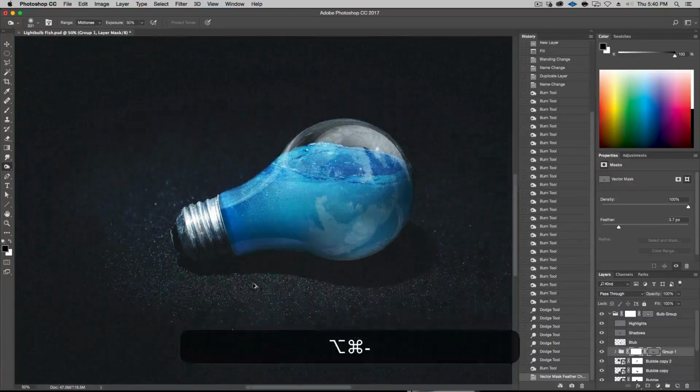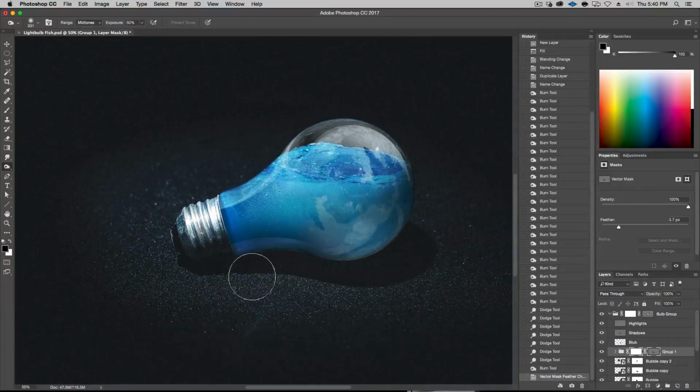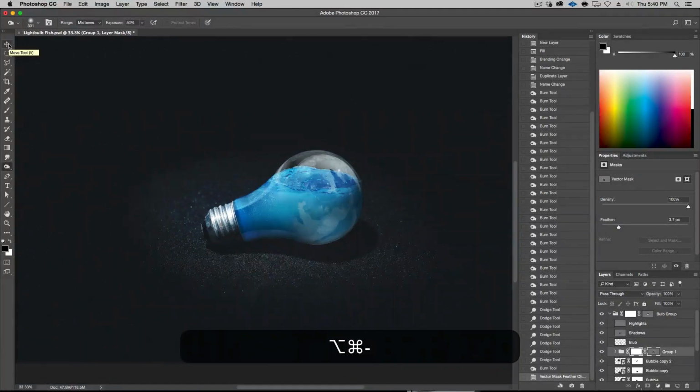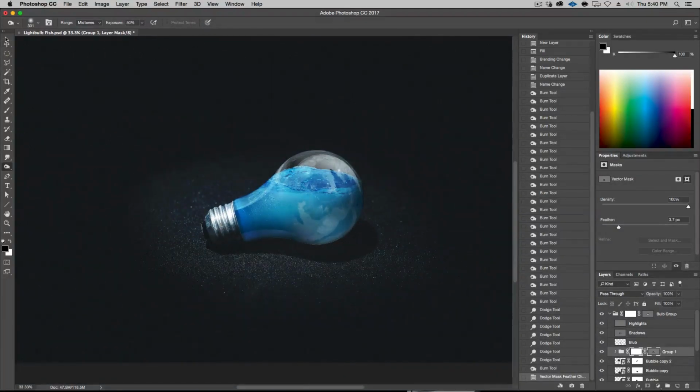Okay, so that's that, and that's pretty good for the lighting. I can always come back and add some more, but for now let's leave it and leave it a little open to when we have some more elements.